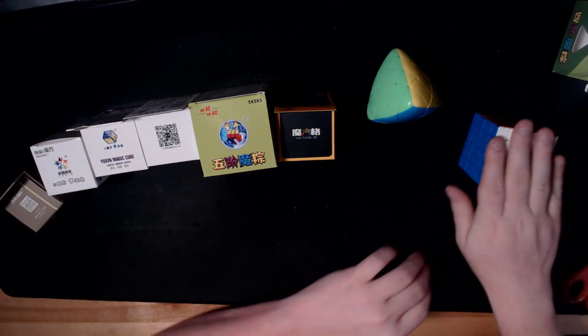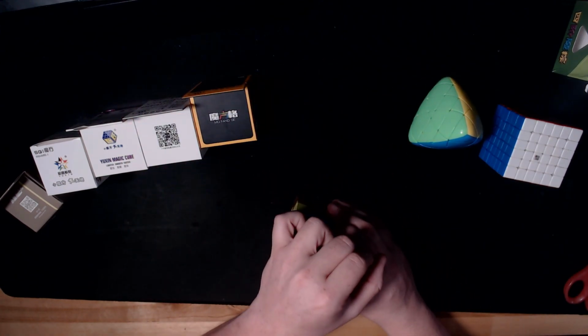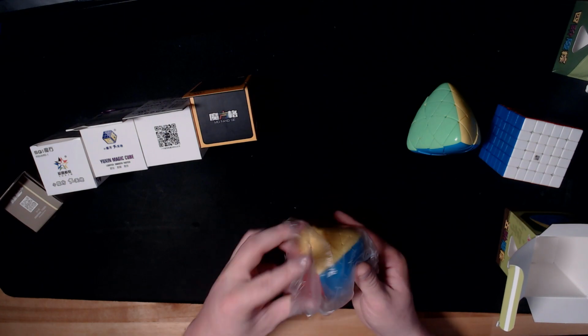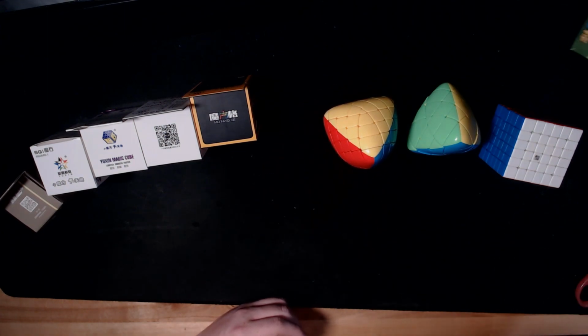So we got the 6x6, we got the Megamorphix, we have the Gigamorphix, this is the most exciting puzzle. But this is the puzzle I was most excited for, is this Gigamorphix. I love Morphix puzzles already. I don't know if it's the shape. I don't know if it's the...